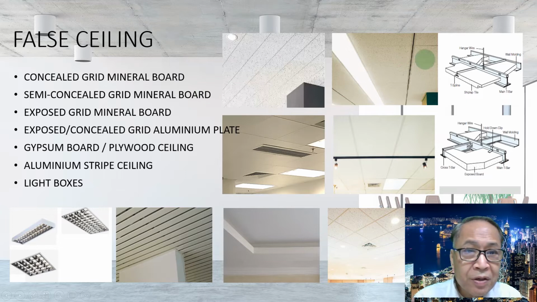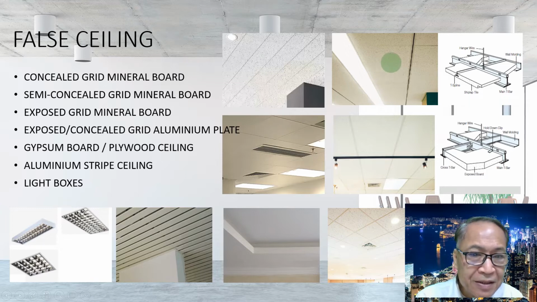This is the semi-concealed grid mineral board. Semi-concealed, you see, this is the main grid. This we call semi-concealed. It's a bit better than the concealed grid, but also it's obsolete now because it's difficult to open the ceiling